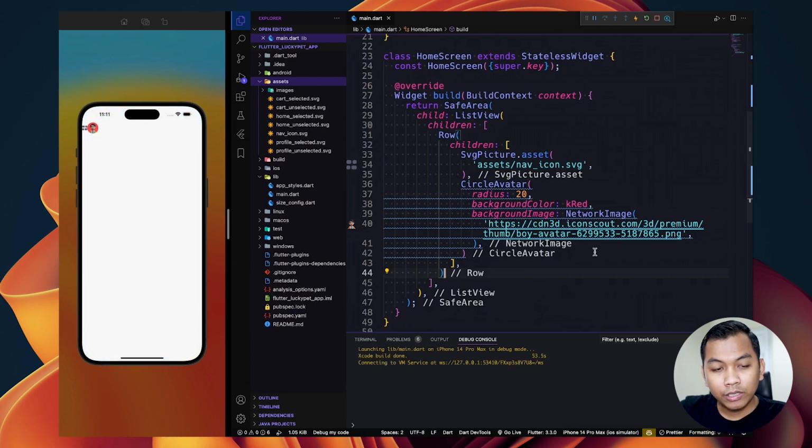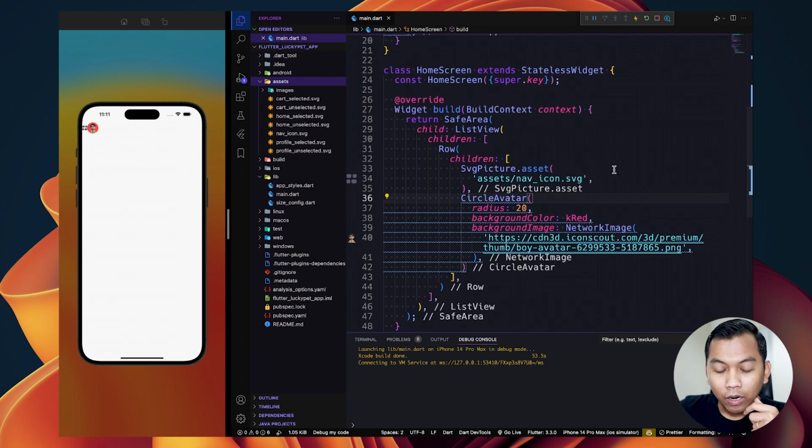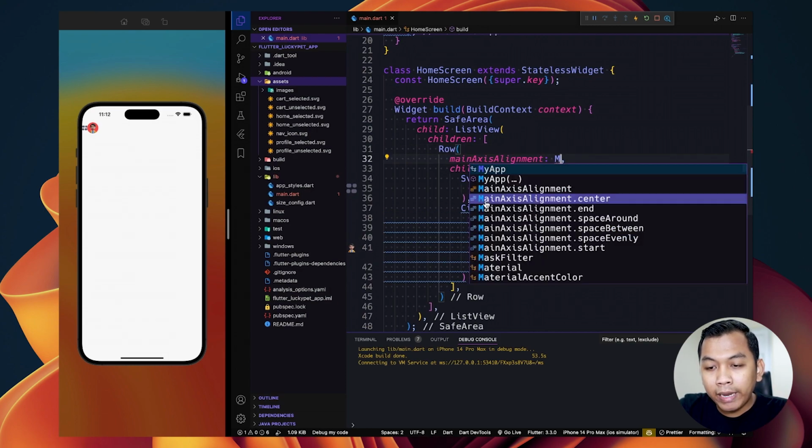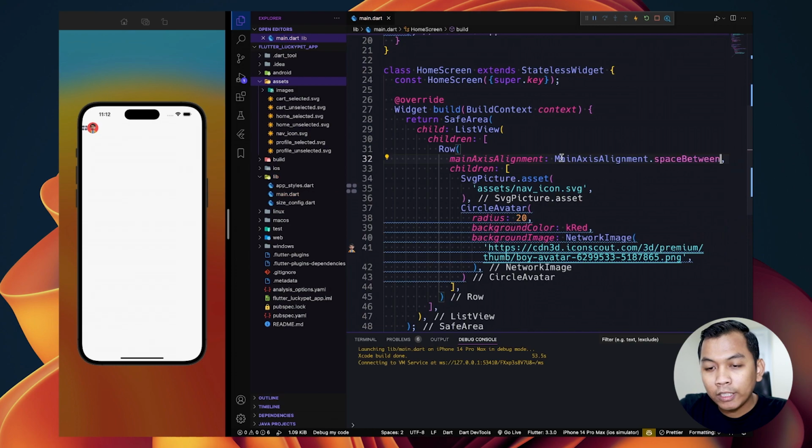Alright, so this is our app, and what we need to do right now, so let's see, we use a Row widget, and for the default Row widget the main axis alignment default is MainAxisAlignment.start, so we can simply change to spaceBetween here.